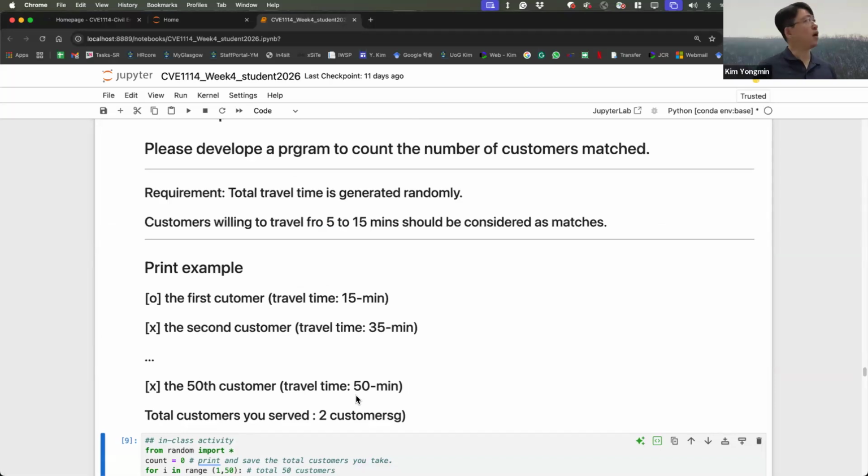If the travel time is within this range, the customer will be matched. But if it is less than 5 or more than 15, I won't take these customers.